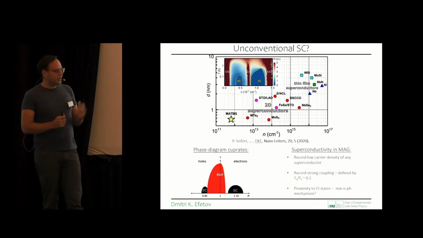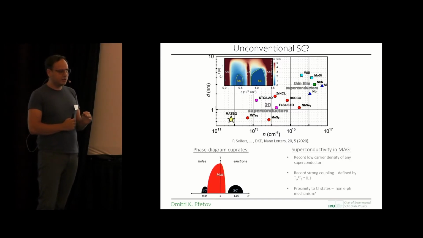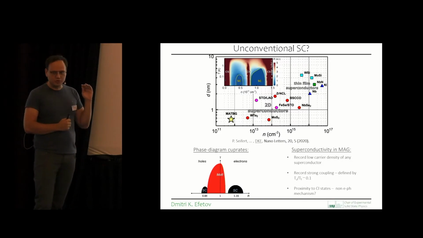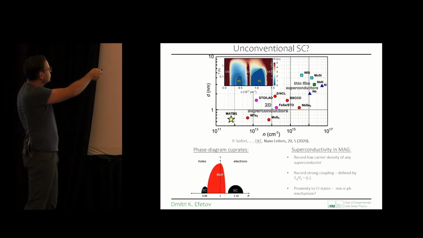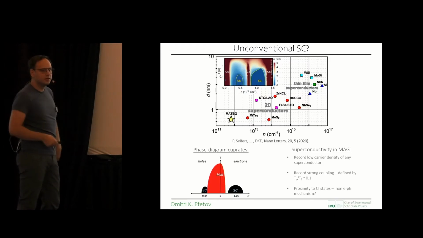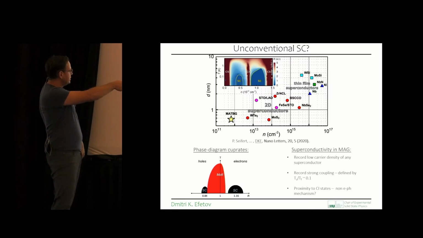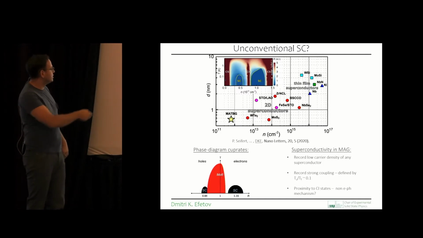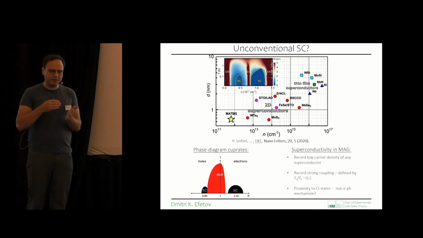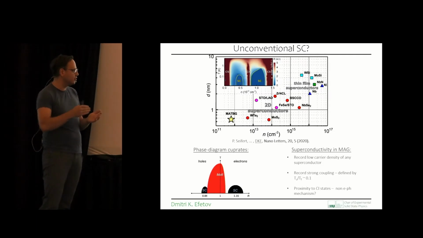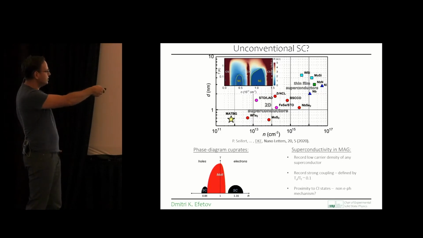What's special about the superconductivity is that it's the lowest density superconductor ever found, and also, of course, the thinnest superconductor ever found. On this chart, which shows the thickness and the carrier density per sheet in any given superconductor, magic angle graphene has this sweet spot. It's orders of magnitude lower in carrier density. So it's almost at the BEC to BCS crossover. It's a very strongly coupled superconductor at those densities.